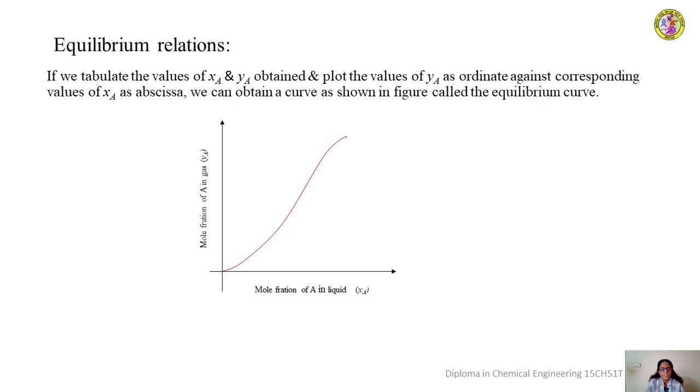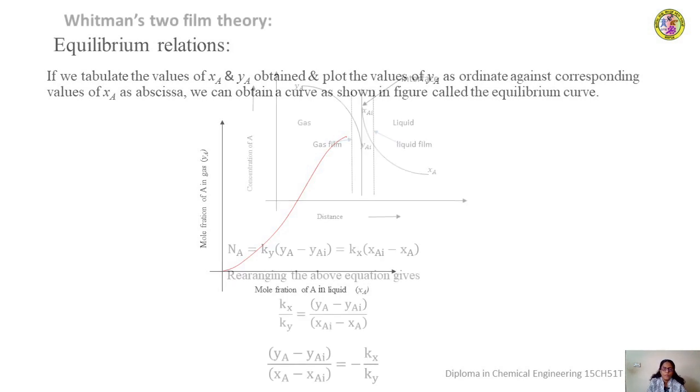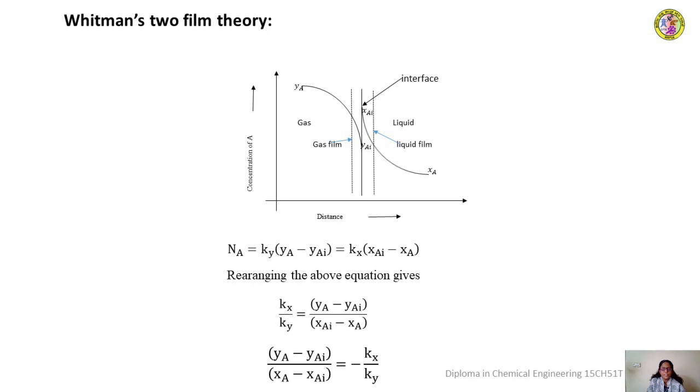So this represents the graphical form of the equilibrium relationship between the gas and liquid phase involved in the given operation. The same kind of equilibrium relationship can be obtained for all systems, and this is used in the calculations performed for designing the equipment to carry out the operation. Okay, so that is all about the interface mass transfer and the equilibrium relations.